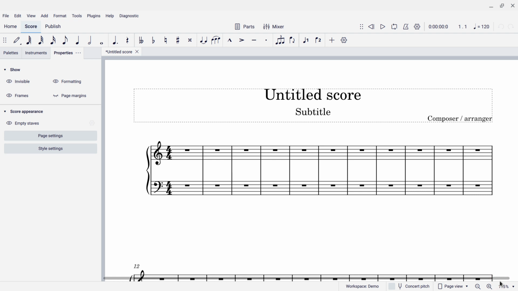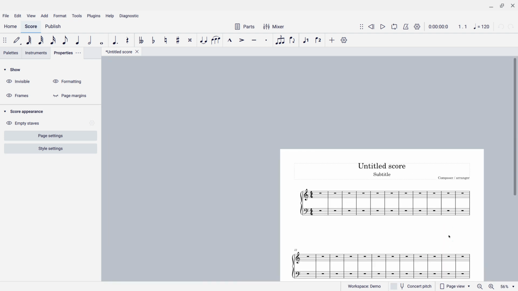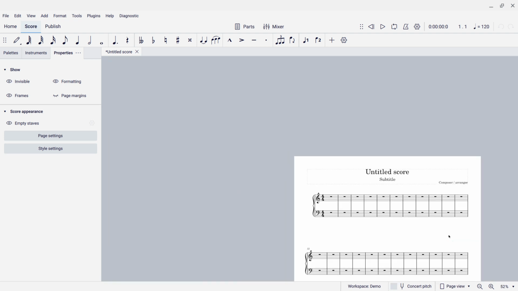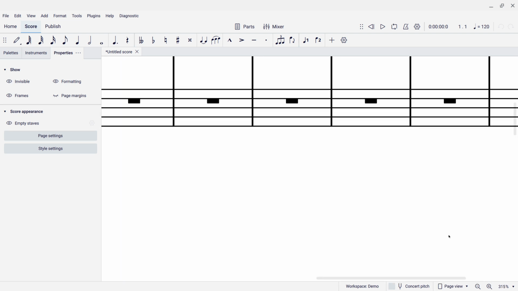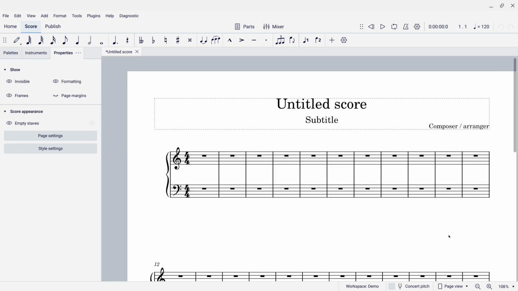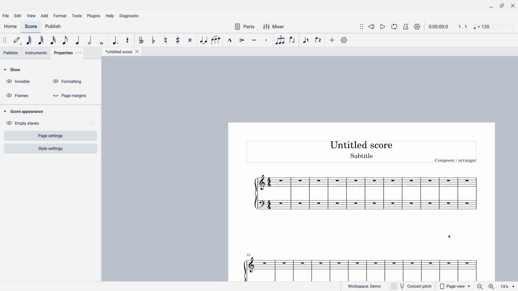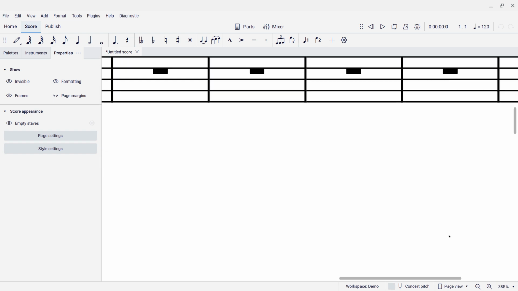Now, I should mention that there's one other way of zooming in and out, and that's just using the standard scroll gestures on your computer, whether it's a mouse wheel or a touchpad. Control plus scroll up. Control two-finger swipe up zooms out. Control with two-finger swipe down is zoom in. And on Mac, I actually don't know if that's also Control or if that's Command also, but that's a standard gesture that works on almost every trackpad or touchpad I know of. Control two-finger swipe up is zoom out. Control two-finger swipe down is